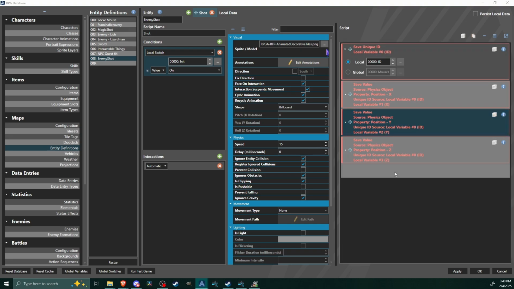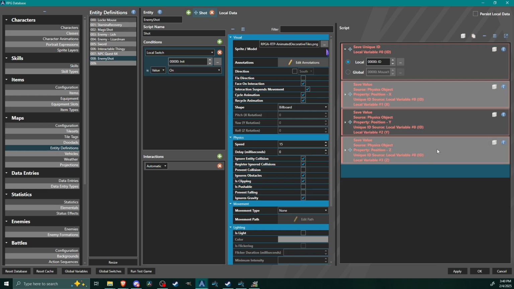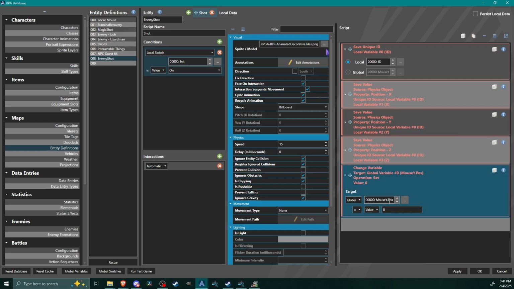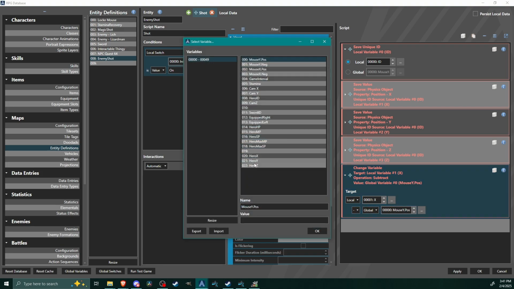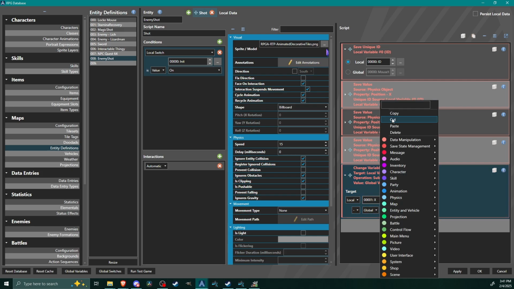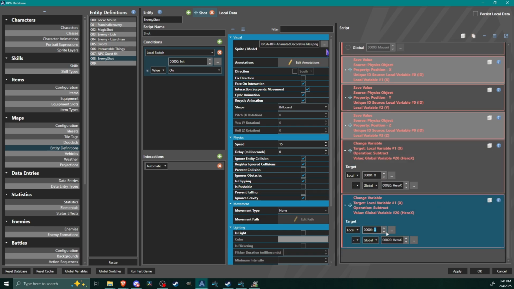Now what I want to do is I want to subtract the shot's XYZ from the hero's XYZ. So let's go to change variable, switch to local. Let's go to X, do minus from global, and then find your hero X, okay? So subtracting your local X minus hero X, okay? Let's copy and paste that, do the same thing with Y and